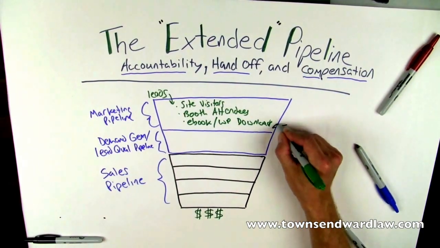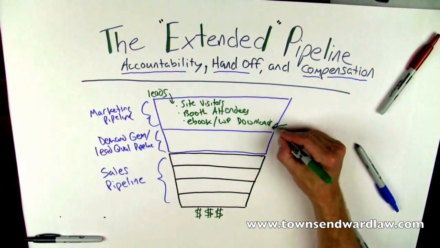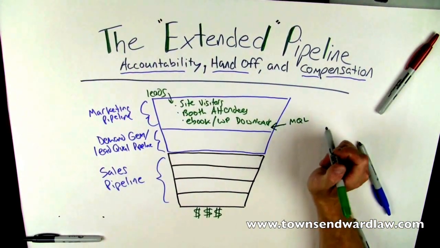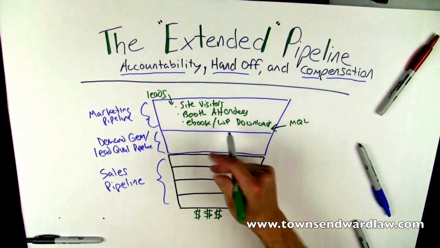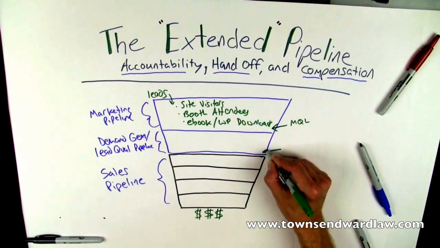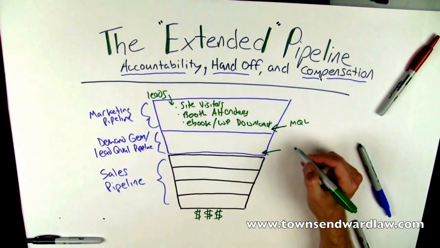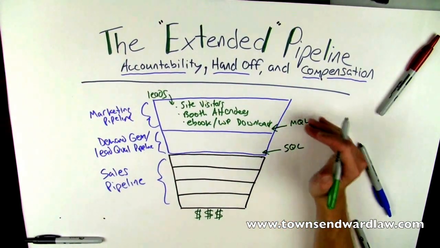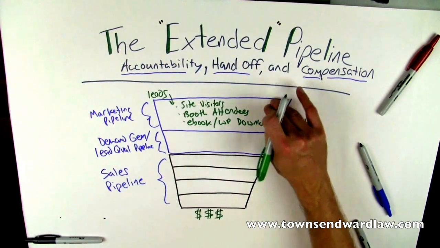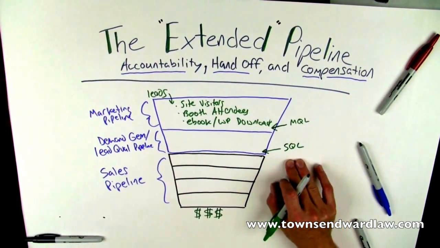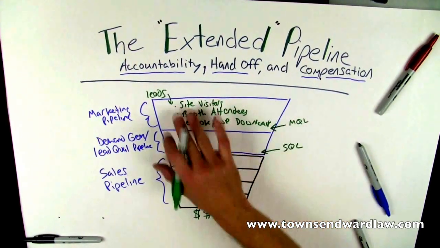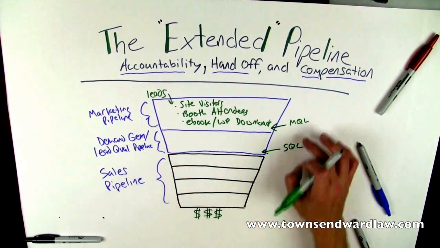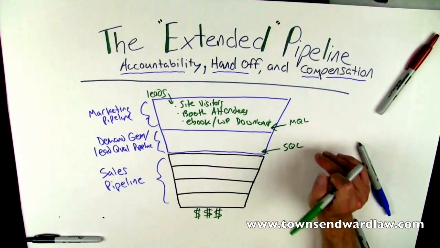And oftentimes these leads are progressed or treated or handled by marketing to the point where they can be considered a marketing qualified lead, or an MQL. Another popular term as you get down the pipeline refers to the fact that as they become a sales ready lead, or ready for a salesperson, we call those sales qualified leads. Now the challenge, of course, is how does marketing take a lead to the point where it is sales ready? There's a lot written about that and a lot of good marketing effort there, but I'm really of the belief that if you have a demand gen and lead qual team, you can quite significantly move the needle on your